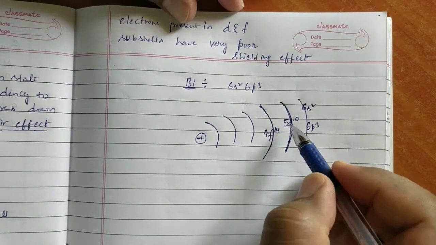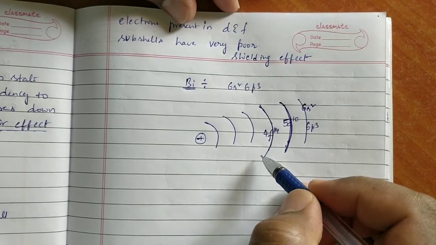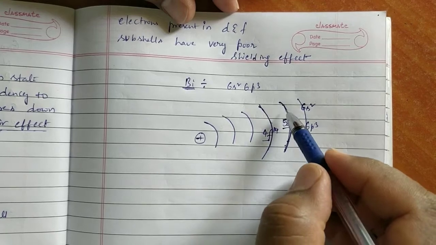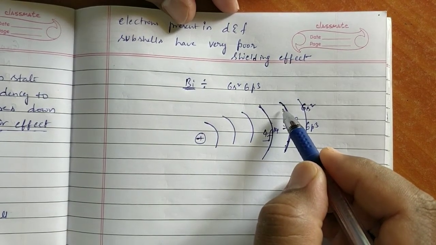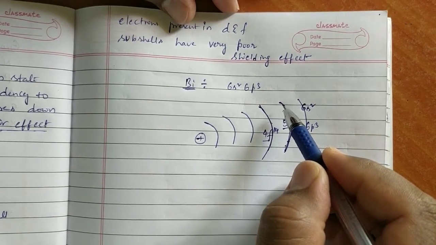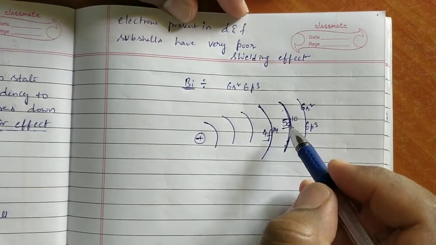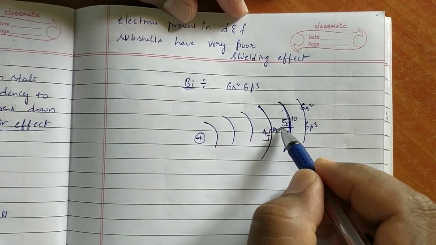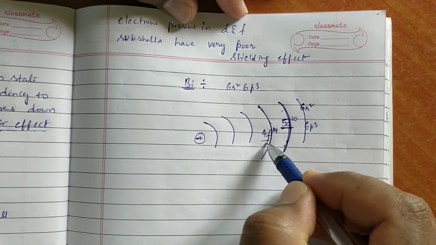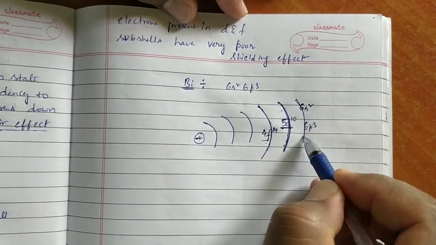5d10. These d electrons and f electrons have very poor shielding effect because the major number of electrons are present in d and f. Even if you have 5p here, 5p has hardly 6 electrons only. Even though its screening effect is considered, that screening effect is very less. Here the majority of electrons are present in d. That's why we are concentrating on d and f. Those are present in inner shells, 5th shell and 4th shell. Now these are outermost shell electrons.